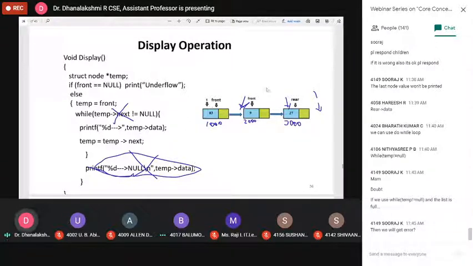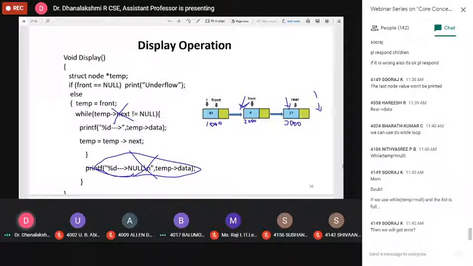Actually, this is dynamic memory allocation. If you are implementing this code, we can check that last condition. After that, deleting the node and all we can set. You won't get the error.